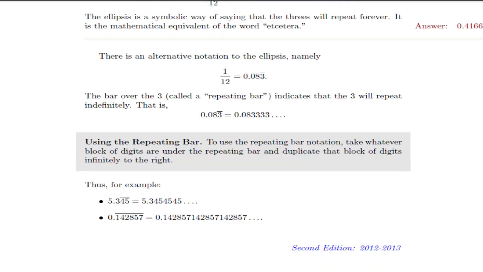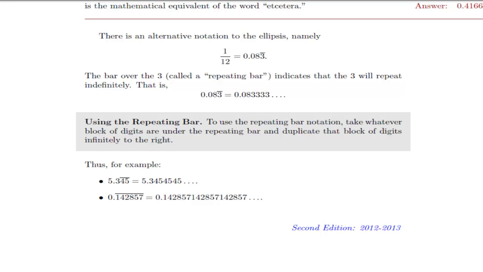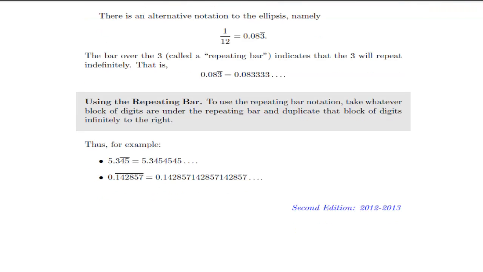Using the repeating bar. To use the repeating bar notation, take whatever block of digits is under the repeating bar and duplicate the block of digits infinitely to the right. Thus, for example, 5.345 with the repeating bar over 45 equals